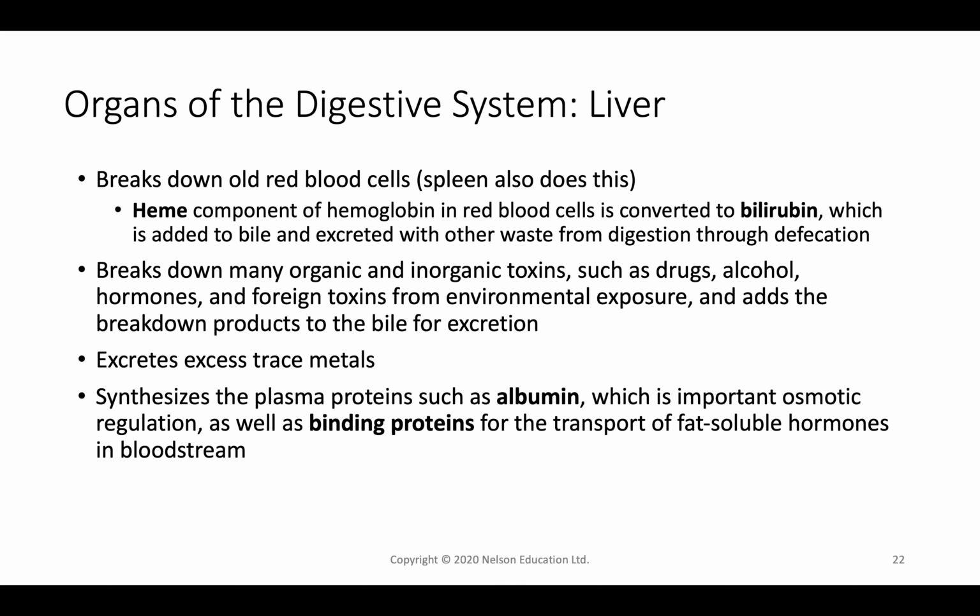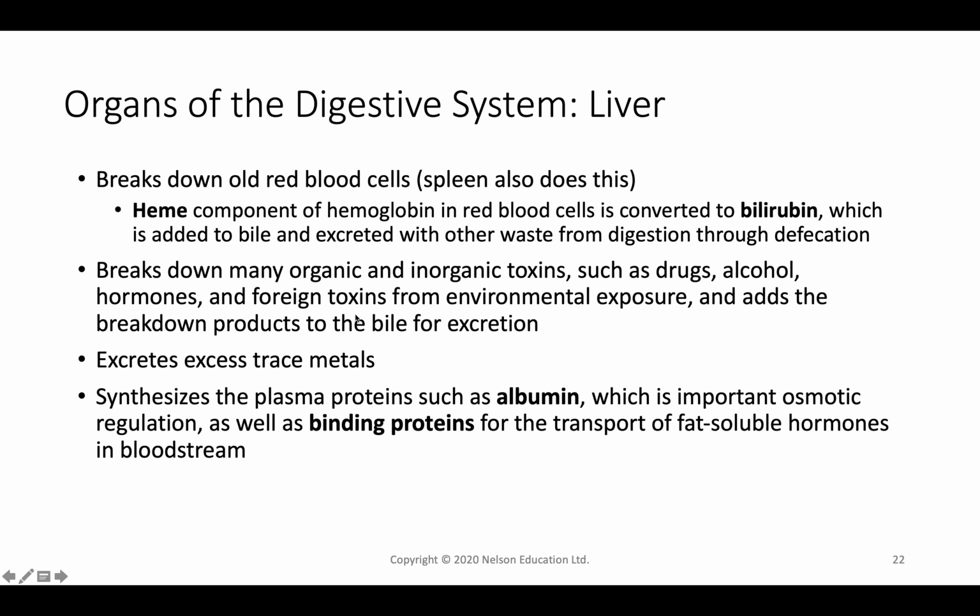It's also responsible for breaking down red blood cells. The spleen is also responsible for this, but the liver is going to be the primary responsibility here. And a component of the red blood cells is called hemoglobin. Hemoglobin carries oxygen to the cells. Hemoglobin is going to have heme as a component, which is ferrous, or has iron in it. And that can be converted to bilirubin. Bilirubin can be added to the bile and excreted during defecation. Okay, so anything that's extra from the red blood cells, extra heme, is going to be broken down into